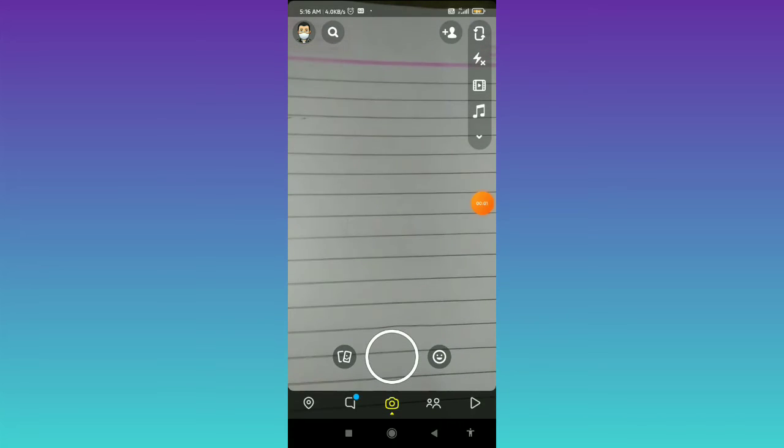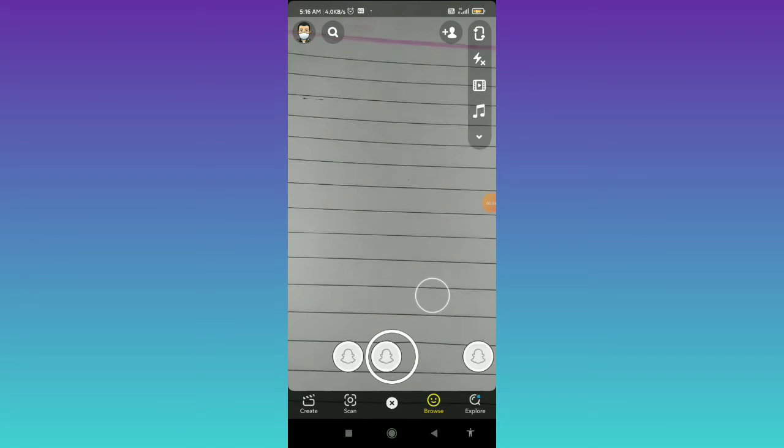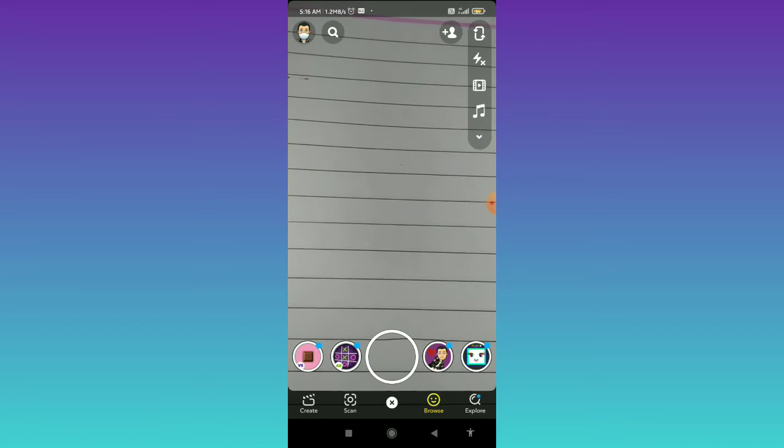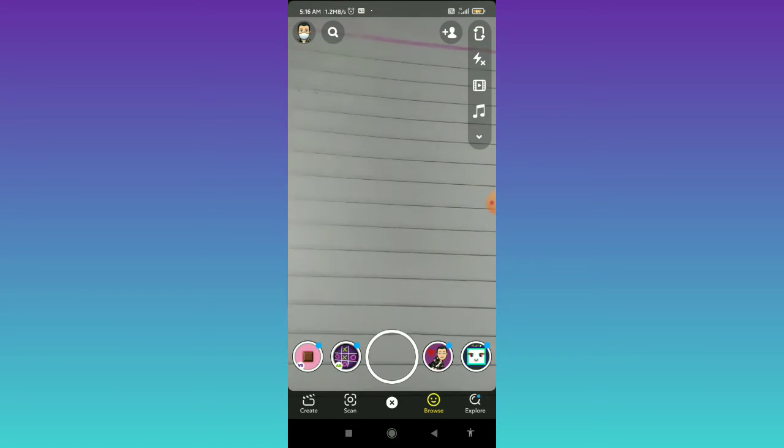In this video, I'm showing you how you can share your profile on Snapchat. So firstly, what you need to do to share your profile on Snapchat is tap on your Bitmoji icon in